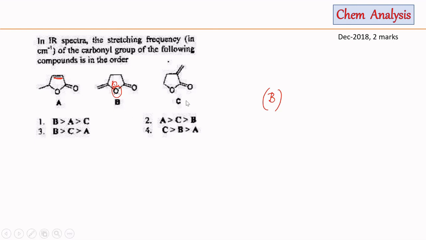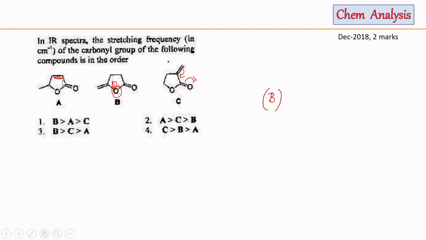Now in the remaining two cases we can see that these two double bonds are in conjugation with this carbonyl group, and it will reduce the stretching frequency of the carbonyl group, since if it takes part into resonance then the carbonyl CO bond order will be decreased, and therefore the stretching frequency will decrease. Now the strength of the resonance of this double bond with this carbonyl group will be higher for A than that of C, since in A the double bond is within the cyclic ring,